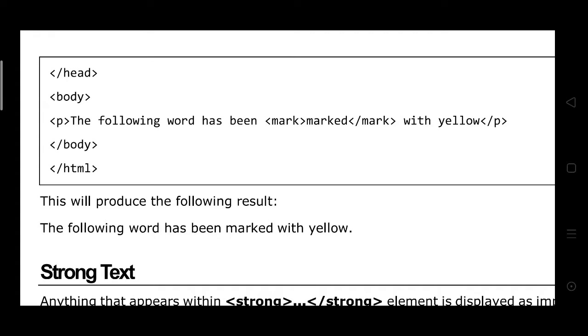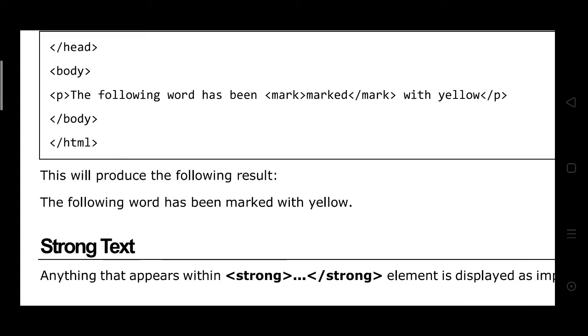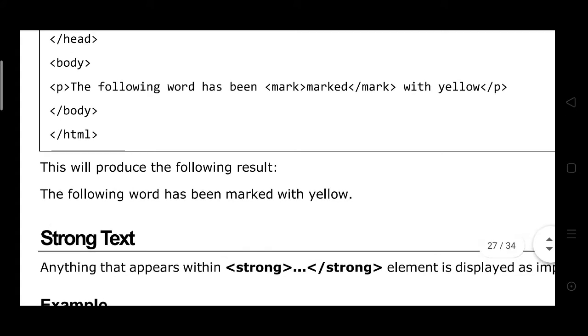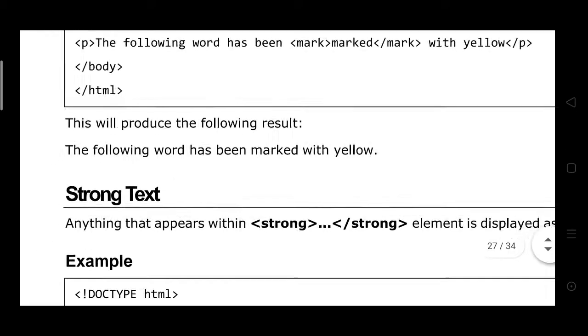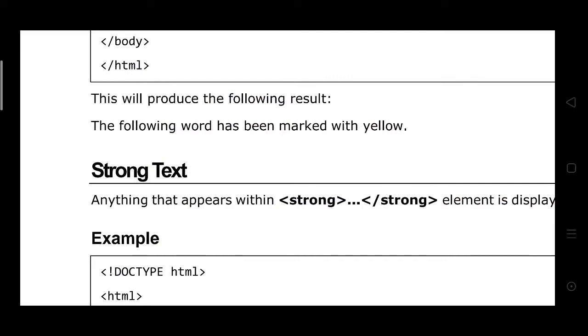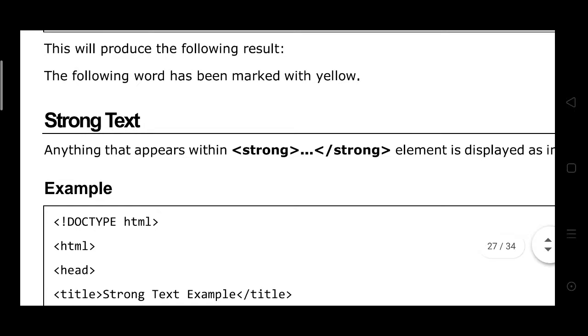Body close and HTML close. This will produce the following: the following word has been marked, color as yellow. Here the marked color is yellow.